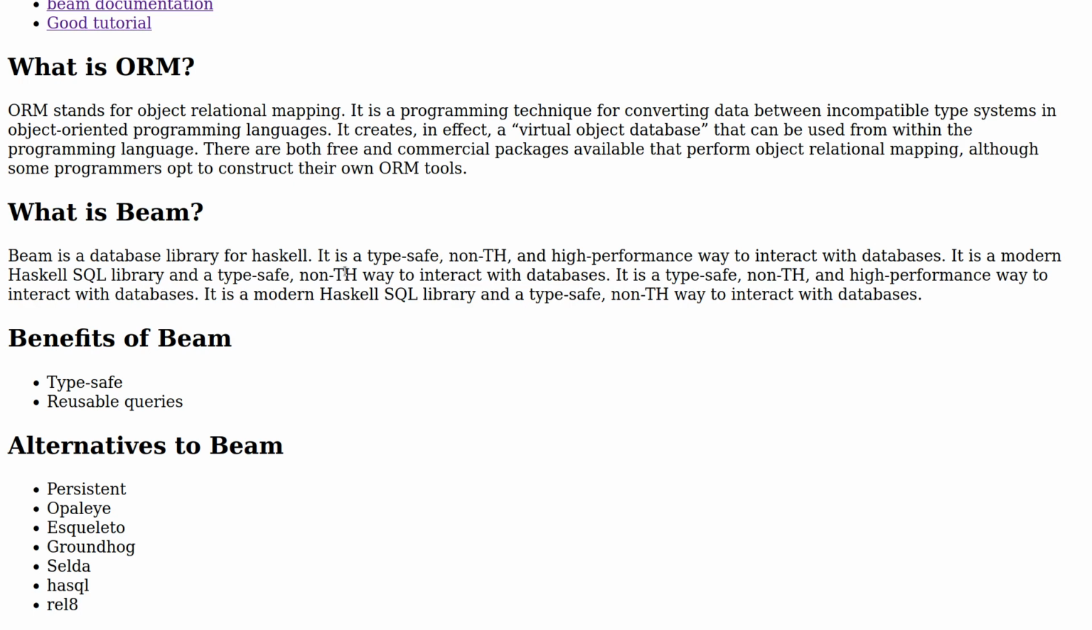So if you are not using any ORM library, and if you are writing raw queries in your Haskell code, then there is no guarantee that the queries are correct or not, it doesn't get type checked. So in order to make the queries type checked, ORM is a must. Also,